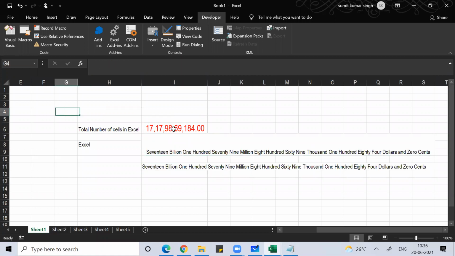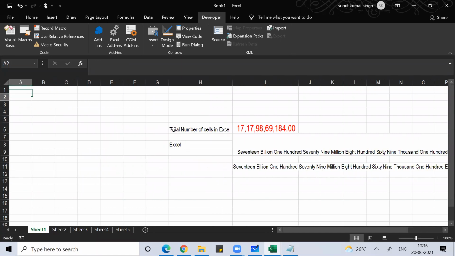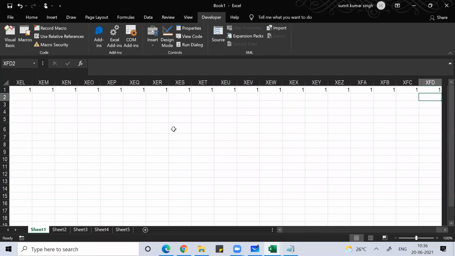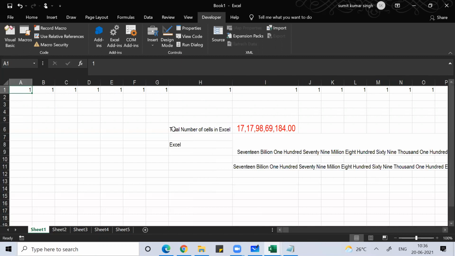You know that in Excel, how many columns are there? You have 16,384 columns. How will you count the columns? You write something in column A, copy that, control C, control shift right arrow, control V. You'll get 16,384. You know that that many columns are there. The last column in Excel is XFD. If you see, the last row in Excel is 10,48,576. Clear, everyone?